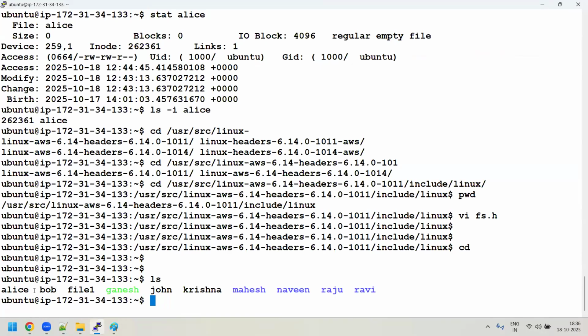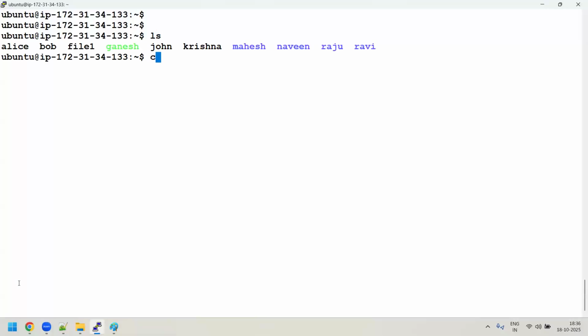So what you can do, you can use an ln command, or else let me do cat of Ganesh. Okay, I have a high something. I want to keep a hard link of the Ganesh file. So I'll use ln Ganesh, and I will just give some name from our group. I can take Rajiv, I can take Krishna Sai. I'll just take Sai. So I want to keep a hard link of the same file. What I'll do is say ln Ganesh and then Sai, and press enter.